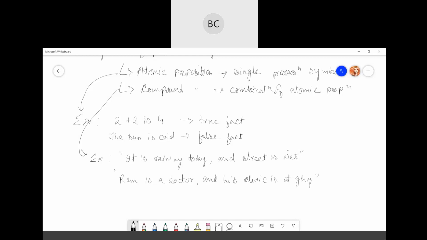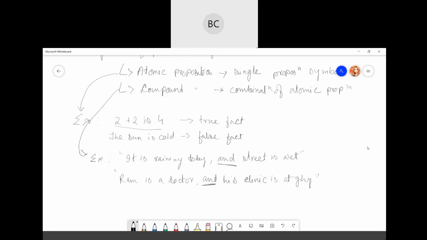These are examples of compound propositions. You can see there are two sentences connected by an and relationship. An atomic one is a single statement that can be either true or false. But here there are two sentences and the connective is and. There can be or as well.